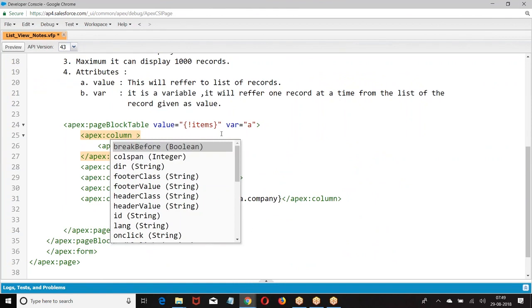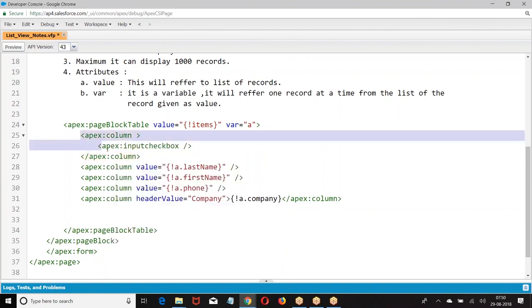If you want to give a header other than a text, if you want to create your own header, but it is not a text, then what do we use? Facet. If you want to create any header other than text, I will go for facet. Now header for what? This column, right? Header for this column. So where should I write the facet? Within the column, I have to write